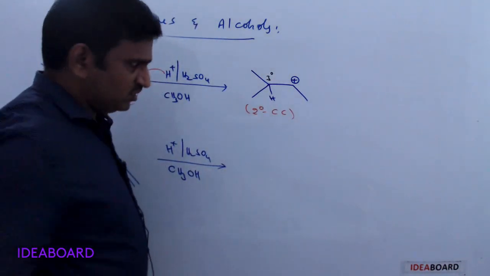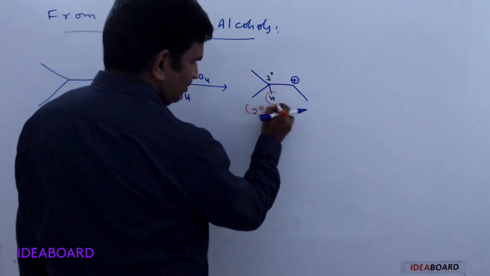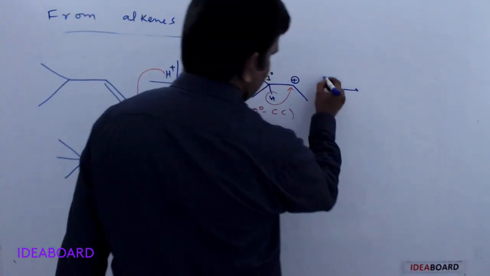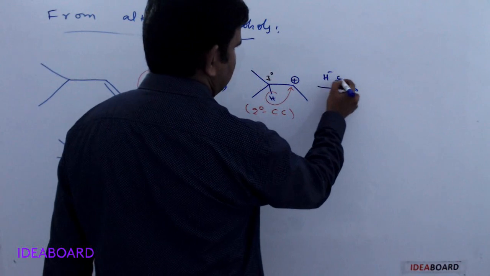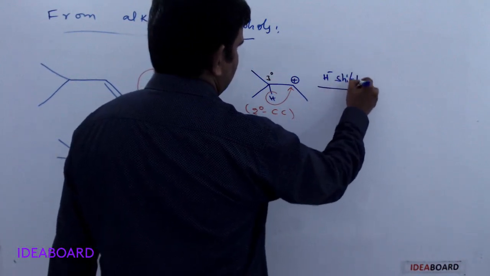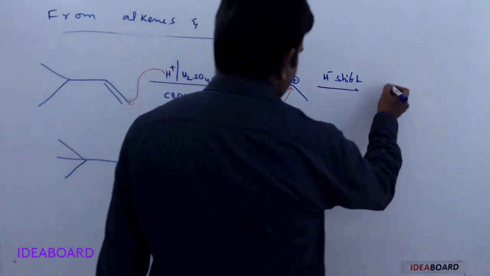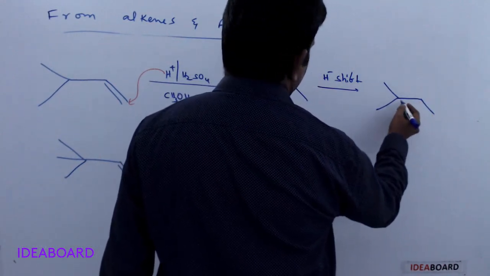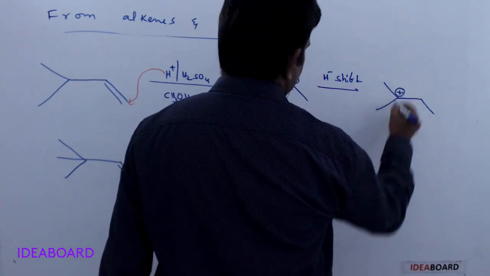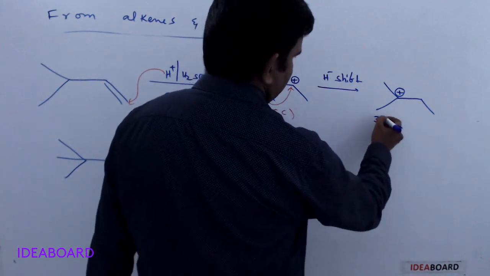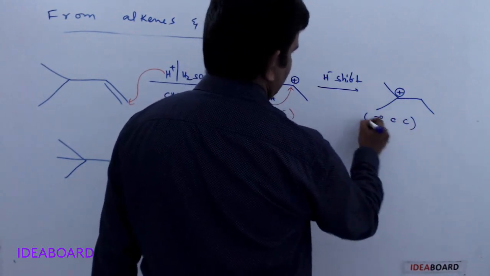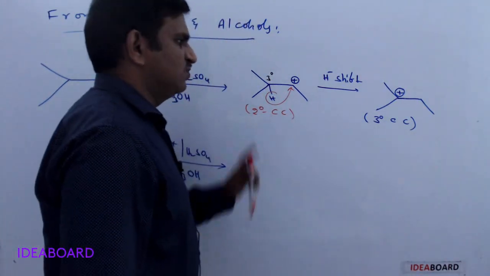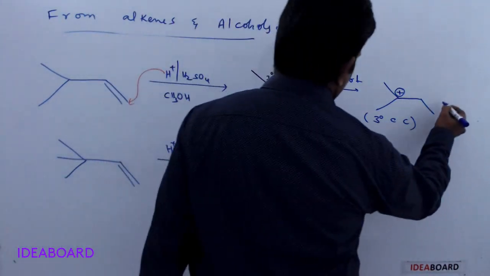That hydride shift occurs. Here this is rearranging onto this, and that rearrangement is called a hydride shift. A 1,2 hydride shift. And by the hydride shift, what happens? It is becoming hydrogen containing, and now a positive charge is formed here. This is a tertiary carbocation, and this is more stable than this one, and so further it reacts with